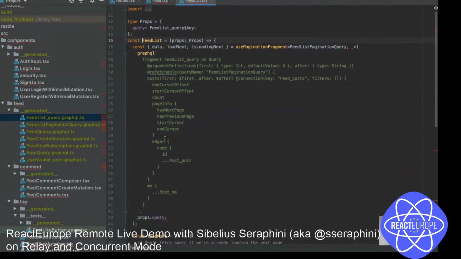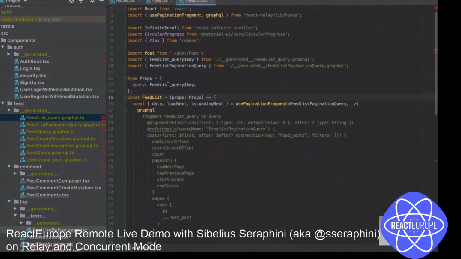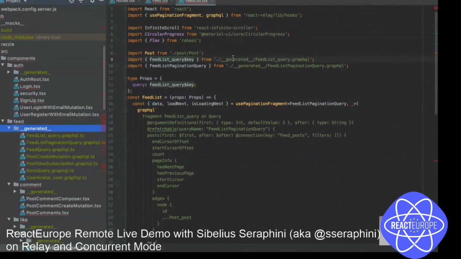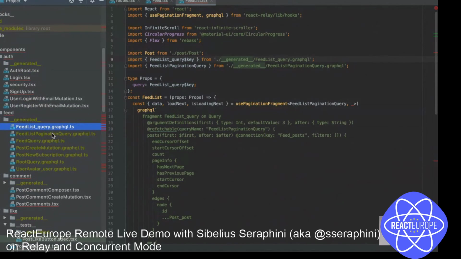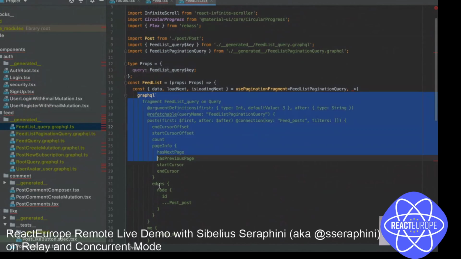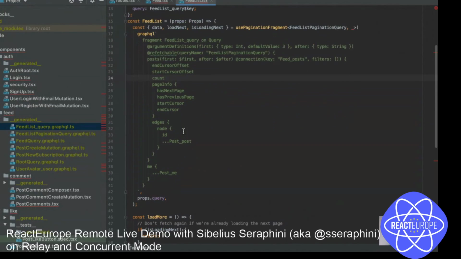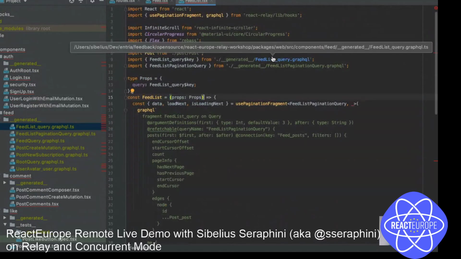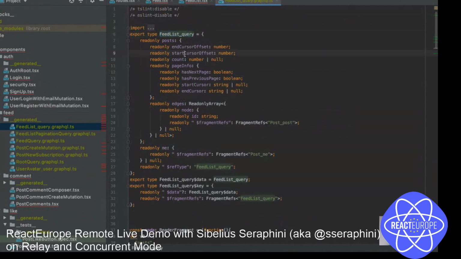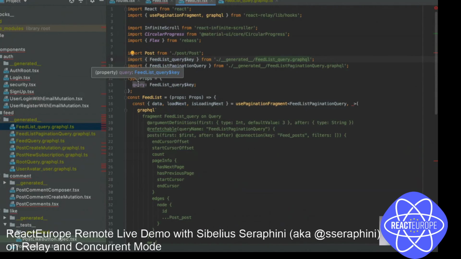So you can type your queries, use queries. If I go to the feed list, we have the feed list query type. You have all these fragments. So you have the fragments and you have the queries. The fragments declare what data they need, but don't do any queries to the GraphQL. That's an interesting part. So here I have the feed post. I have posts, edges. As you can see here, I have a fragment for post, but I don't know what fields posts are using here. So when I type over here, I can see the type.